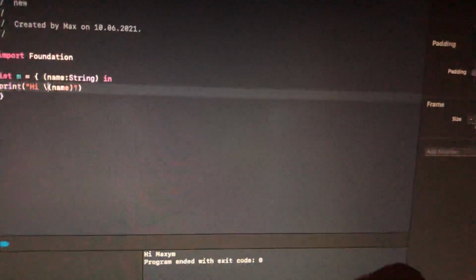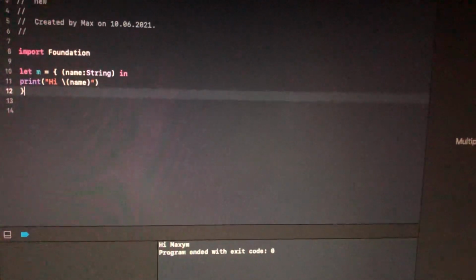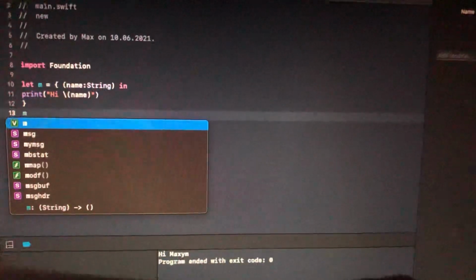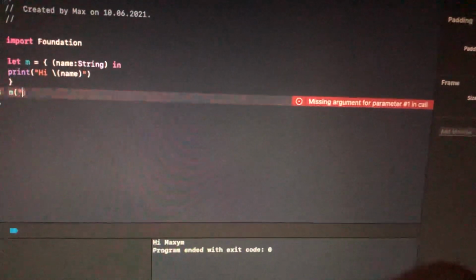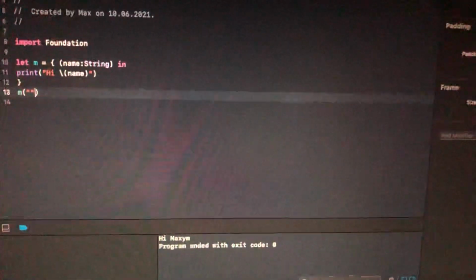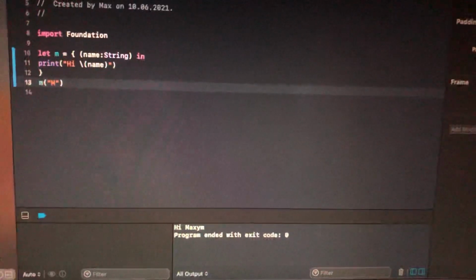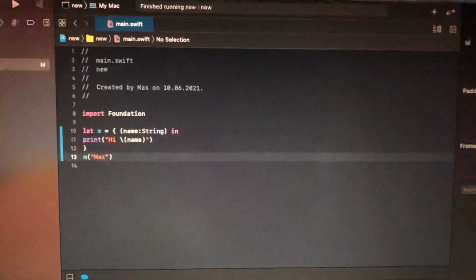So like this. Now we just need to write our closure like this, and here after we need to write our parameter with type string. So we just add here some string, for example max, and now we just write our program,